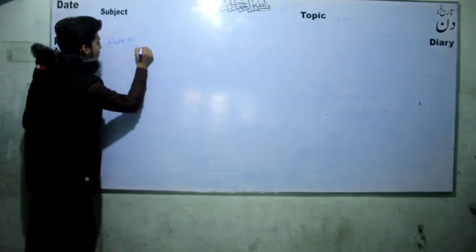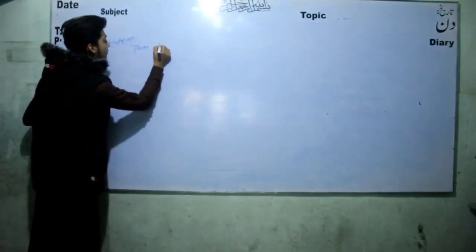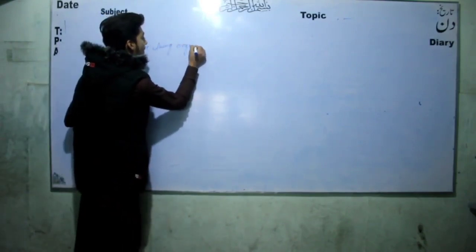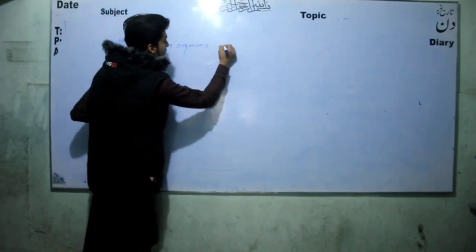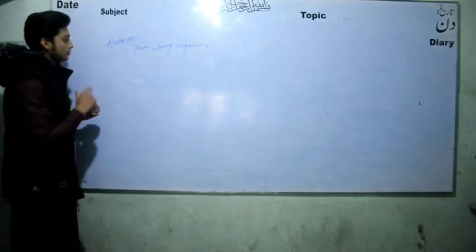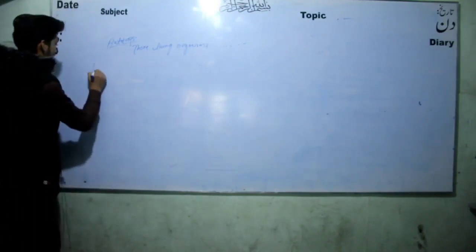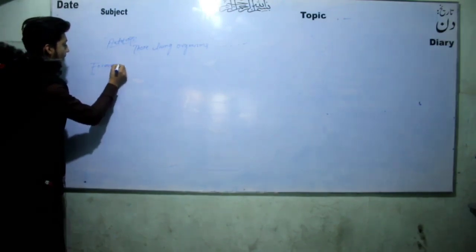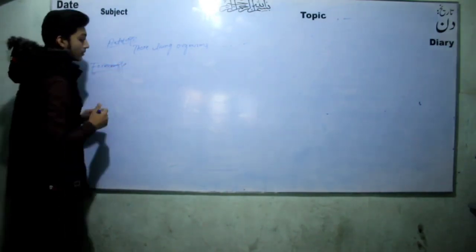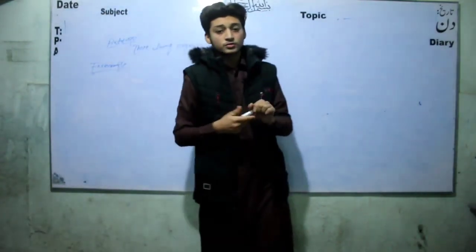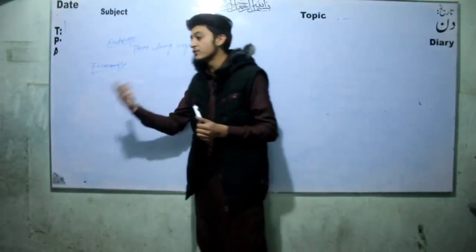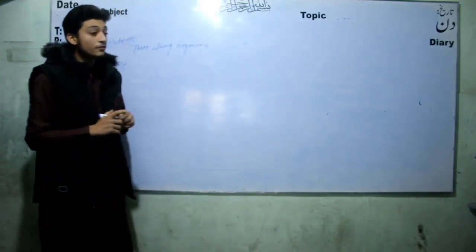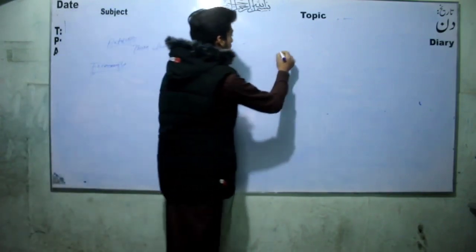First of all, I want to tell you that those living organisms which can prepare their food are called autotrophs. For example, plants are autotrophs. Here the question arises: how can plants prepare their food? Plants can prepare their food with the help of, when we make a structure of a plant like this,